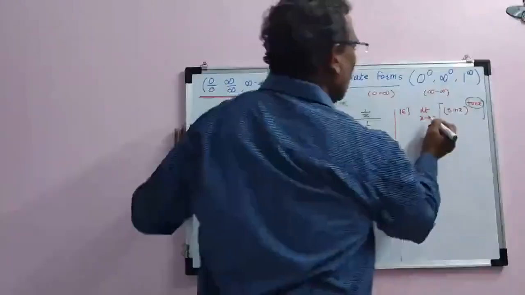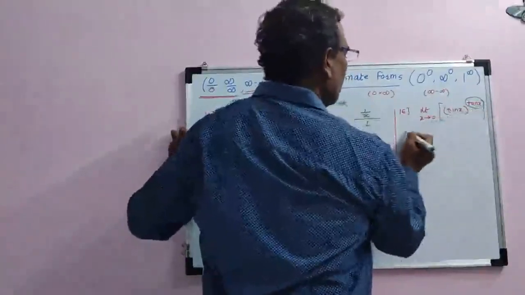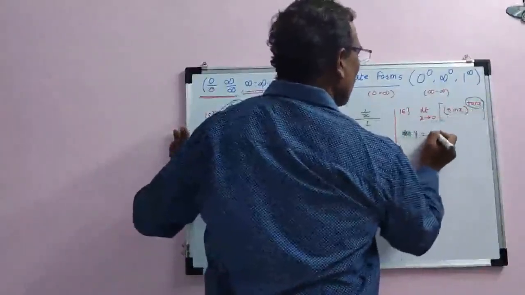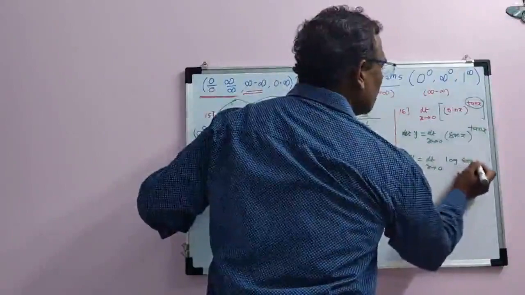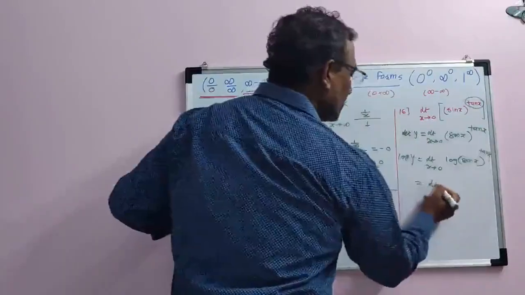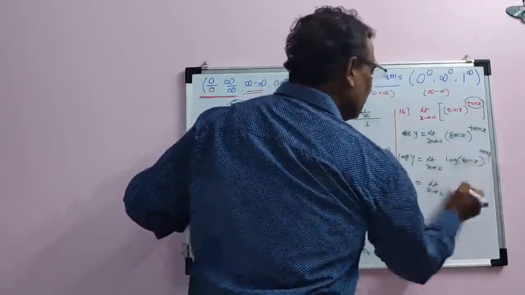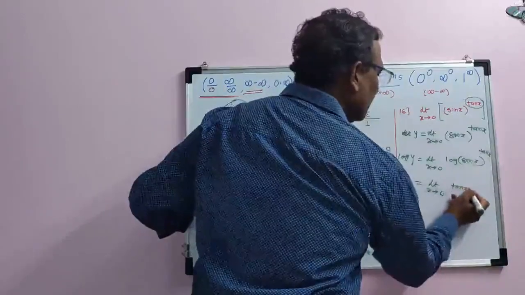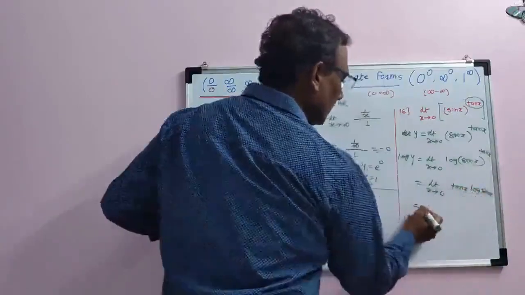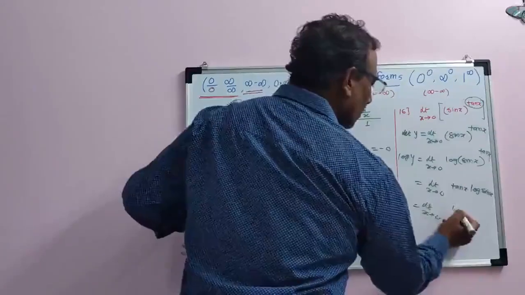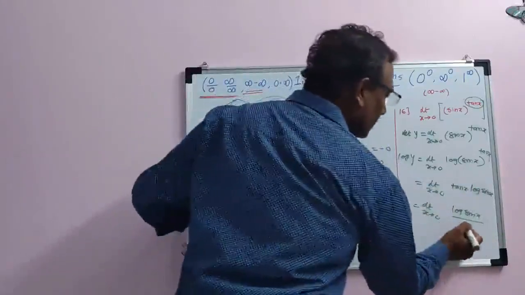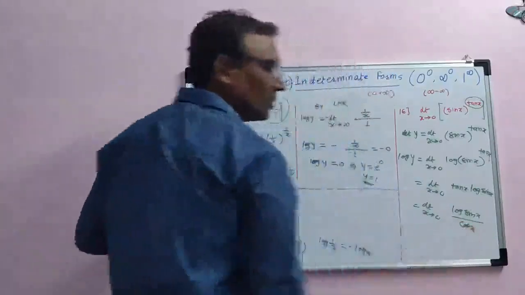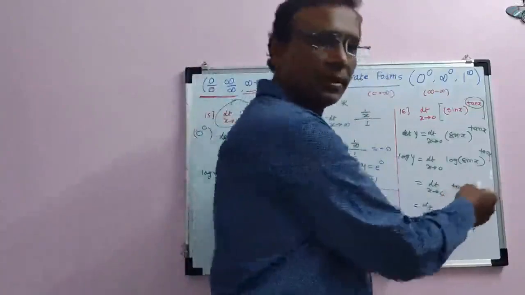The same problem. Again, 0 raised to 0 form. Let y equal to this. Then taking log of both the sides: log of sin x power tan x. Now limit x tends to 0. By law of logarithm, tan x I am bringing here in the coefficient place of log. The limit x tends to 0 of log of sin x. This tan x is there in the multiplication. We can write it here like this, cot of x. This is 0 into infinity form again.